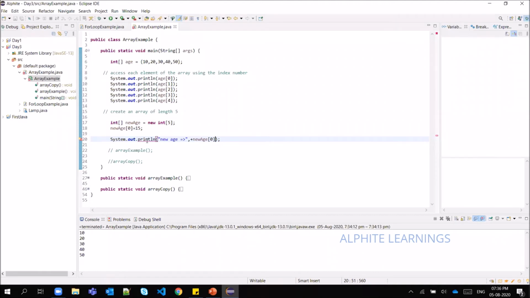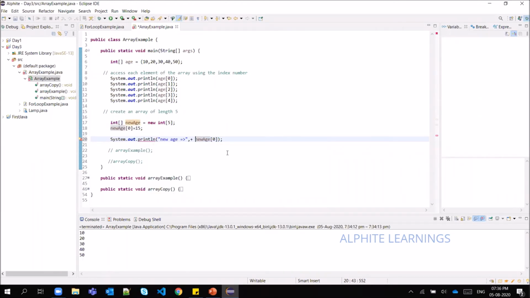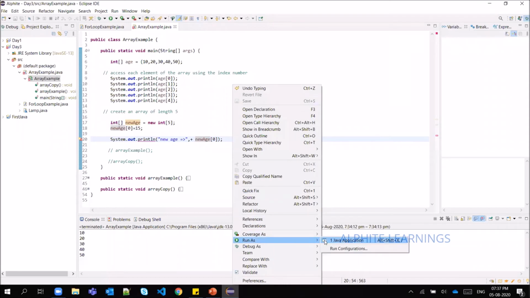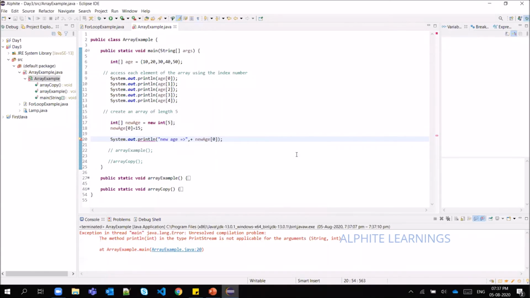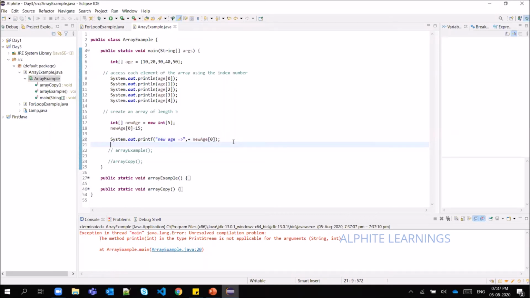What have I missed? What it means is I'm trying to print an int variable with the string.